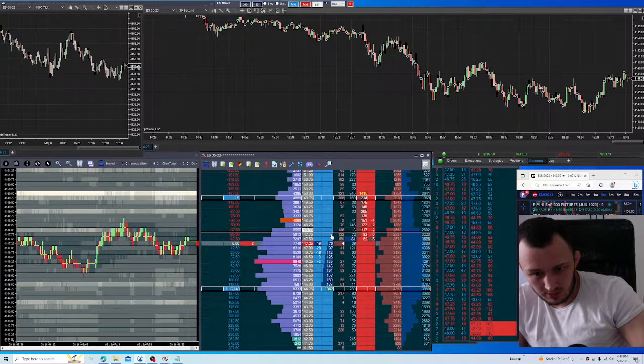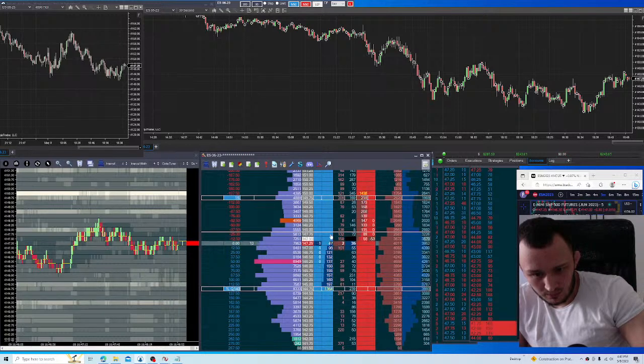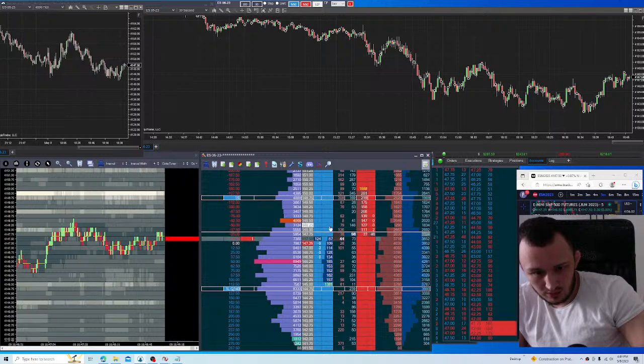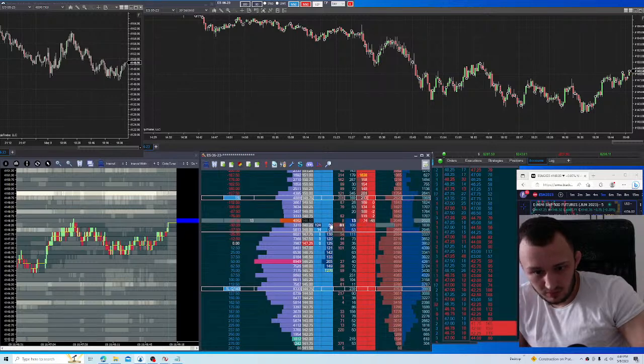Do see some mid-size buying. So I don't want to see a trade above 48.25s. If you trade above here,